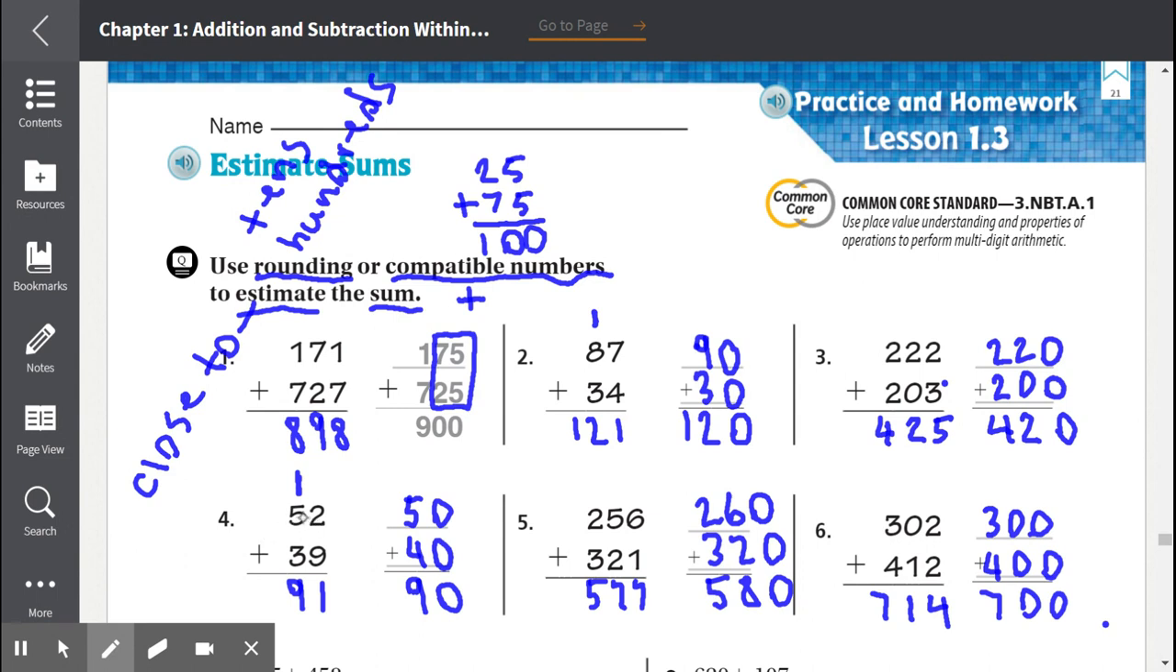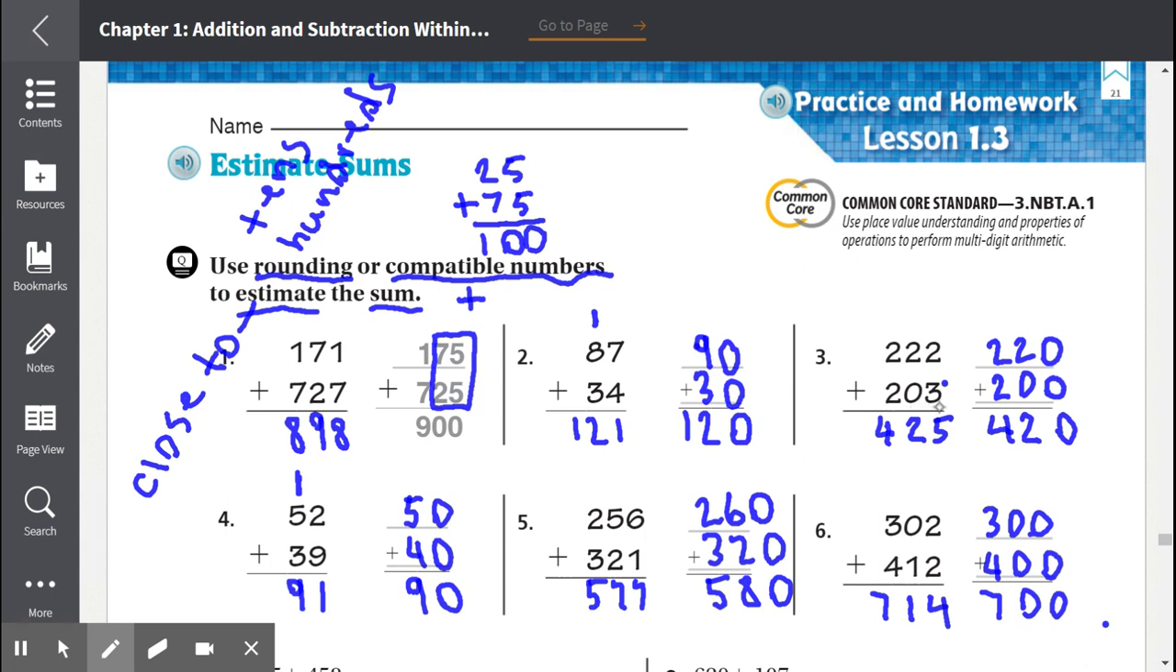52, if we would have rounded 52 to the nearest 100, it would have been 100. If we would have rounded 39 to the nearest 100, it would have been 0. But with small numbers like these in the tens, we usually round these to the nearest tens, not the nearest hundreds. Number 3, 222. If we would have rounded to the nearest hundreds, we would have gotten 200,